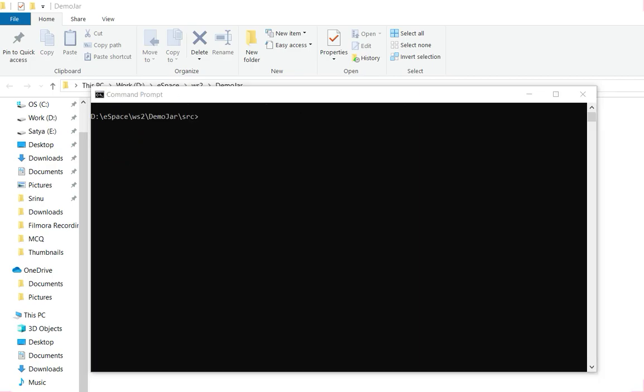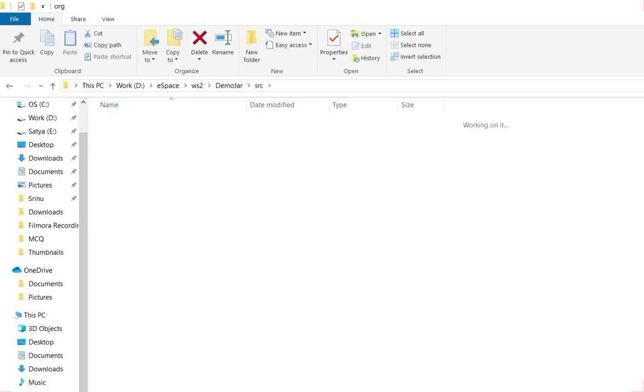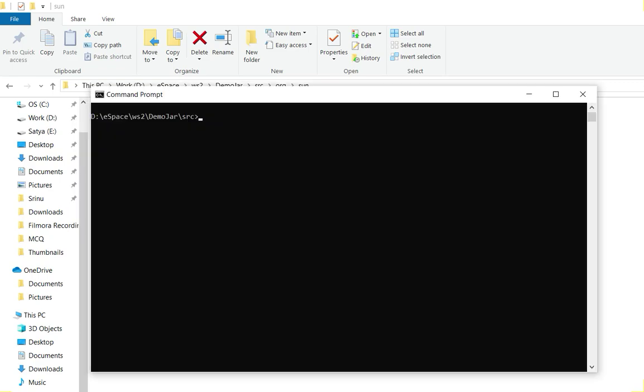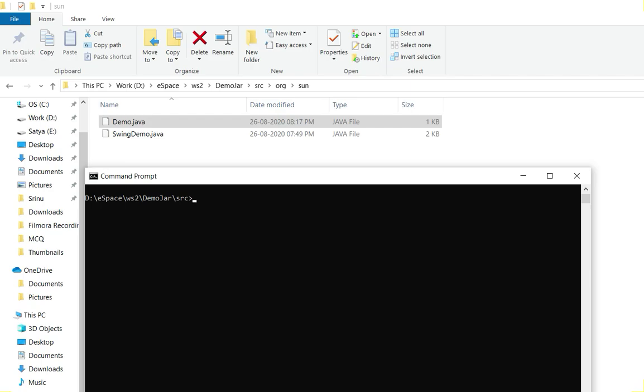Now to compile the Java files in this path, we need to use the javac command. This is nothing but the javac.exe file that is in the program files bin folder. Where are our .java files?